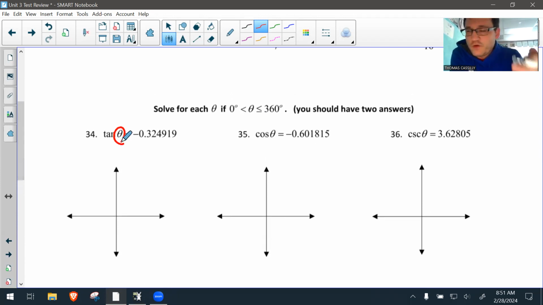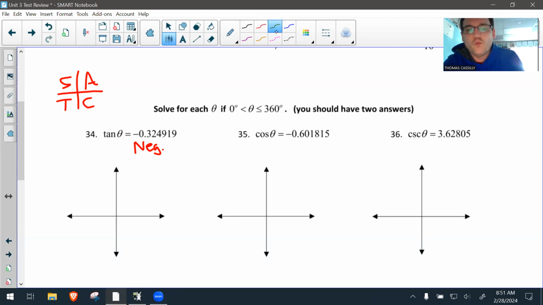All right, anyways, we are trying to figure out what value of theta is going to give us that negative 3.249. But the first thing to keep in mind, as I've been telling my class, is that this is a negative. If we think of our All Students Take Calculus acronym, where is tangent negative? Tangent is negative in Q2 and Q4. So our two answers are going to be